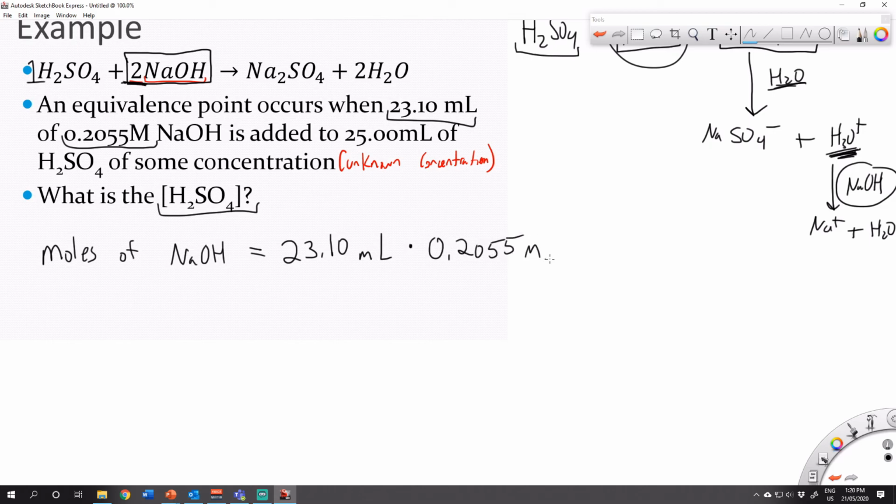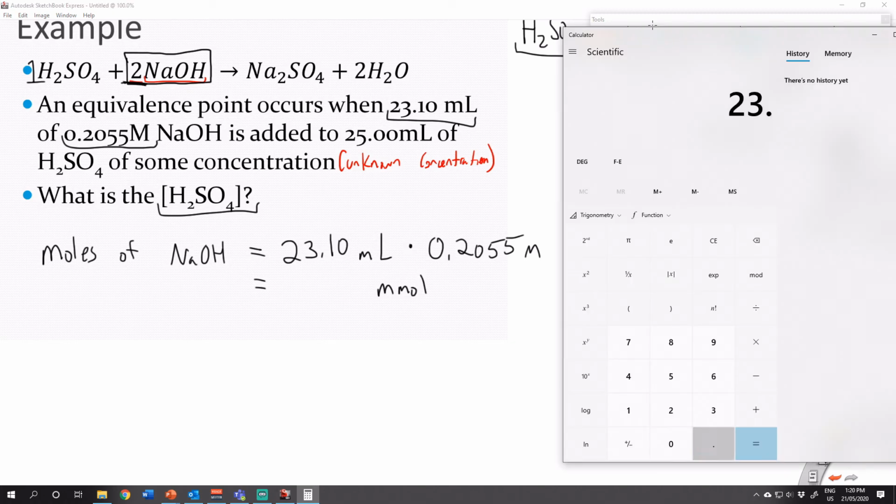But if you want to save yourself a calculation, you can just leave it like this. This will give you an answer in millimoles. So 23.1 times 0.2055, we get 4.75, or 4 significant figures, so 4.747